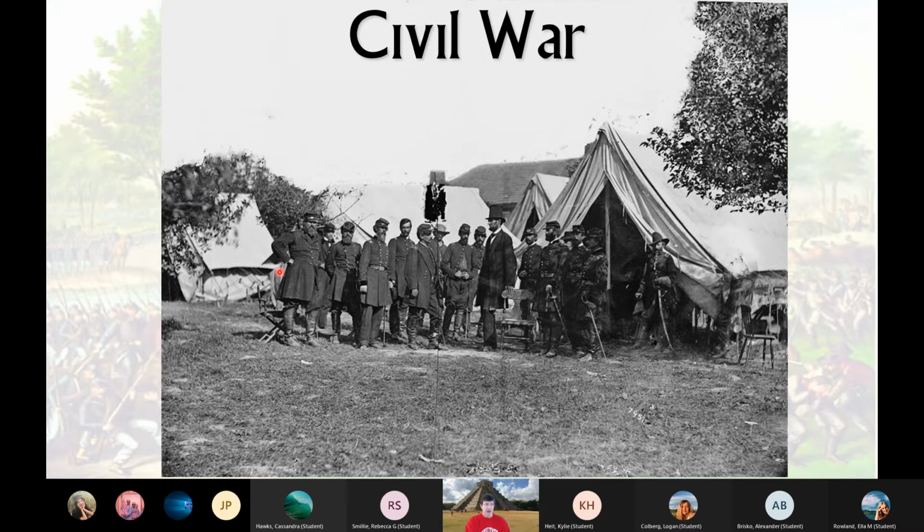Some of the COVID days have caught this, and the Galveston flood, or Galveston hurricane, 100 years ago, 8,000 people died in one day. But back to this. Here's Lincoln talking to a very important general by the name of George McClellan. We'll get to McClellan. And a good picture that does relate to Montana, because one of McClellan's aides was a recent West Point graduate who finished last in his class, George Armstrong Custer, right there. So good picture.